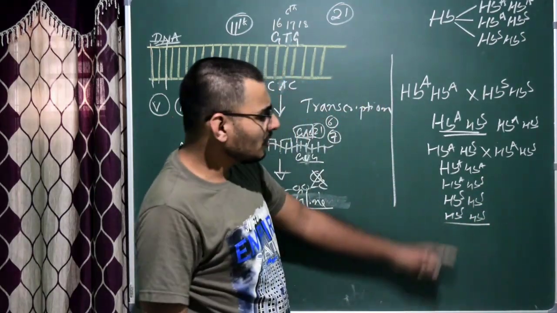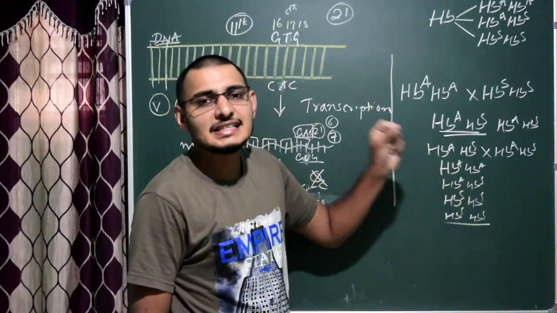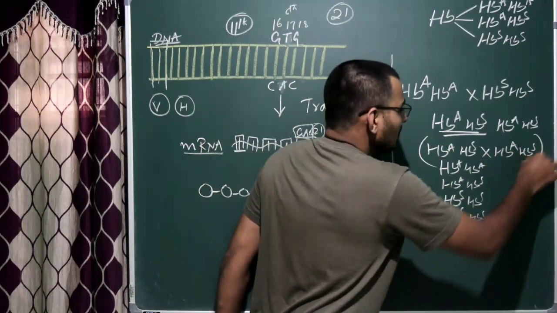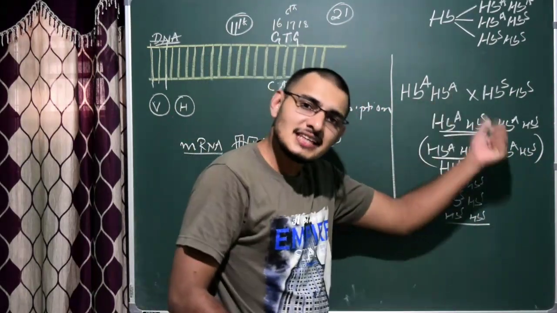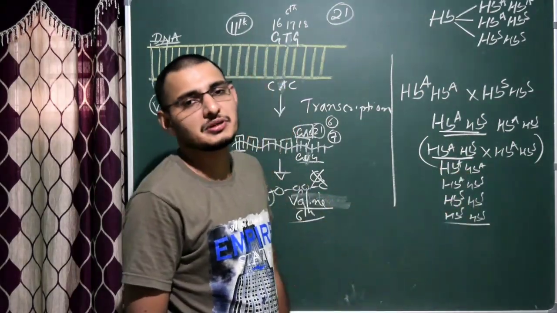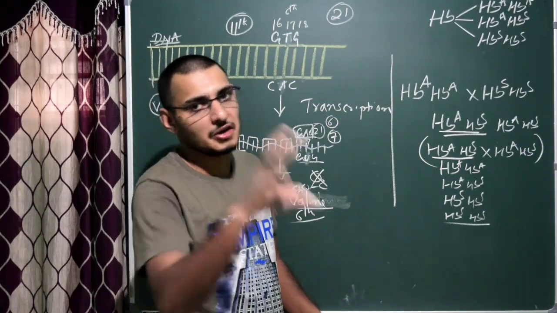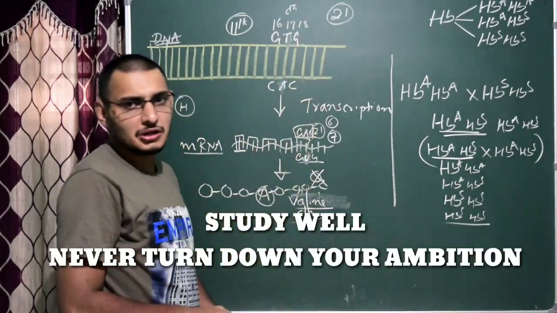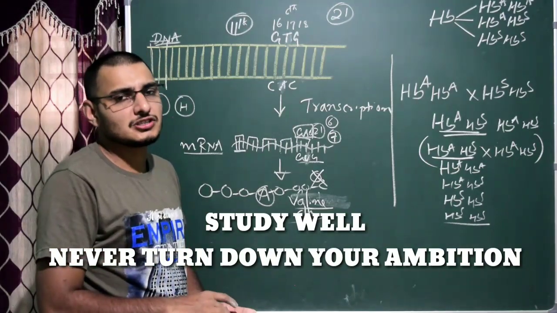So one thing to remember is that 25% of the offspring will suffer from sickle cell anemia when a person who is heterozygous for sickle cell anemia marries the same kind of individual of the opposite sex, and obviously you get 50% carriers, 25% normal and 25% sickle cell persons. Remember it. Hope you understood this particular session. Let us discuss the other type of autosomal linked recessive trait in the other session.